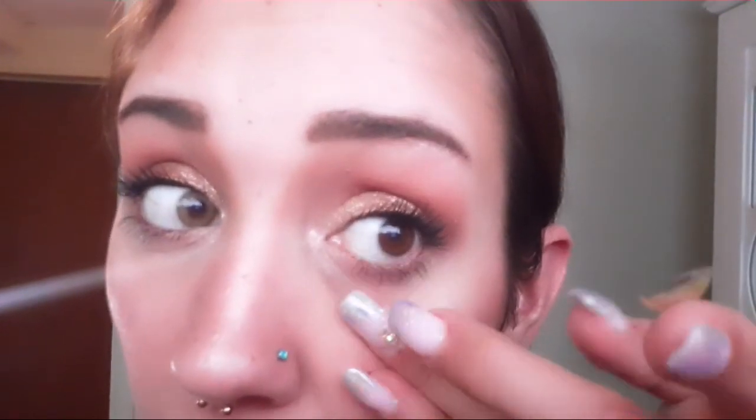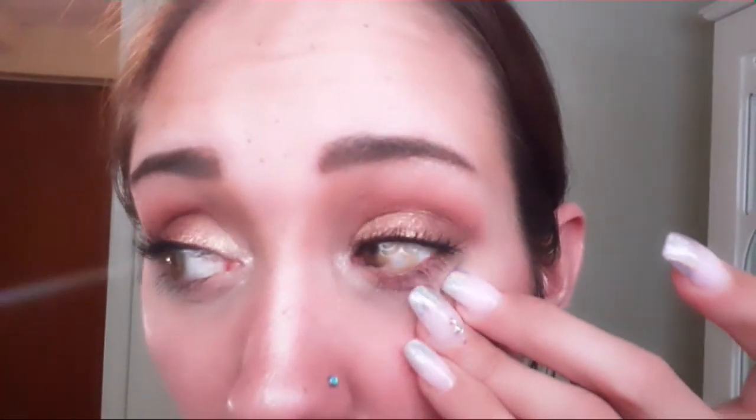And if you guys struggle with putting contacts in, just make sure they are always facing like a bowl, never a saucer. So you want the edges pointed in or straight up, never ever outwards. And I just pull my eyelid down. I look away because anything coming straight at your eye, obviously you're gonna freak. I try not to blink, and I kind of just inch it towards my eye with the bottom lid. Well, it wouldn't be called your bottom lid, but you know what I mean. With my